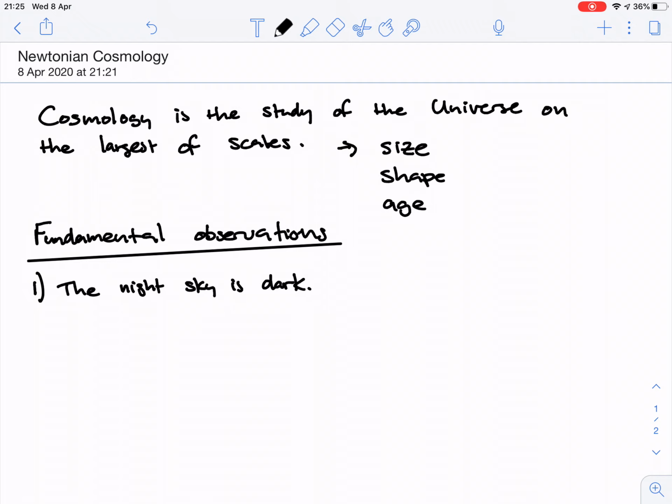is dark. And you might be thinking now, right, my lecture is barely 3 minutes in and he's already talking about the completely obvious. But actually there is some quite profound information contained in the fact that the night sky is dark. And this is actually a well-known statement. It's something called Olbers' paradox. And it's an interesting feature that if you look at the night sky, it is mostly empty.